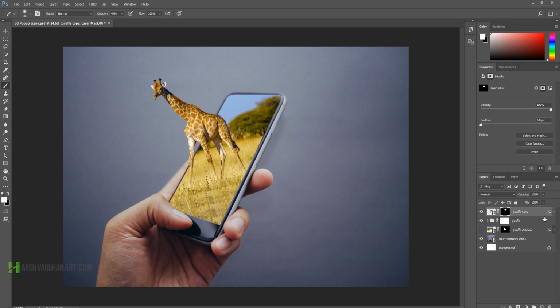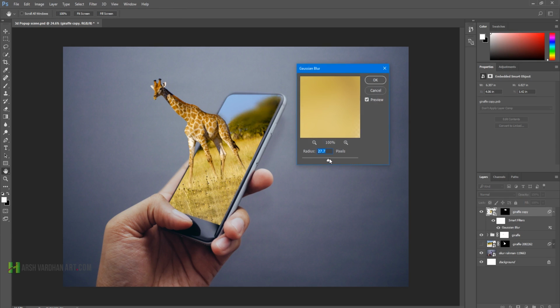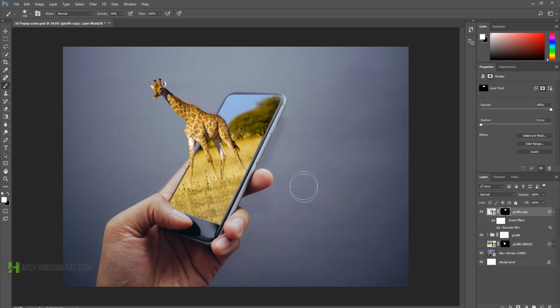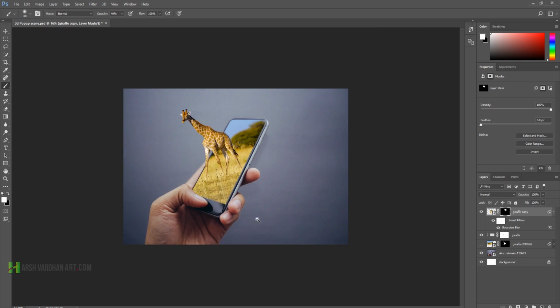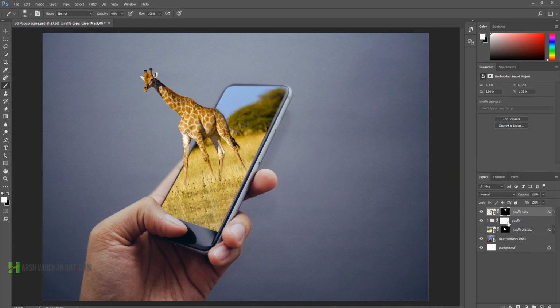Okay, and if you want to increase the blur size you can do that as well. All right, but that more is not looking good, so I'll go for 10%. Okay, and let's add a little bit from here as well. Okay, and now it's looking good, and now let's create some lighting. Okay, as you can see the light